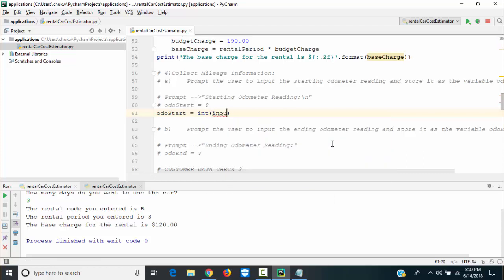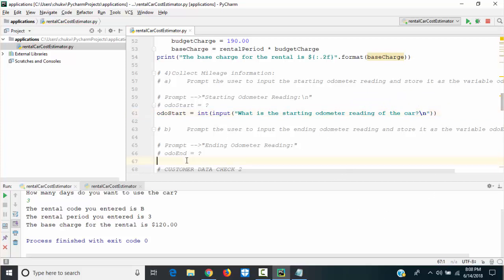Then input, put a parenthesis and then double quotes or single quotes, whichever one. What is the starting odometer reading of the car? Put it in a new line,